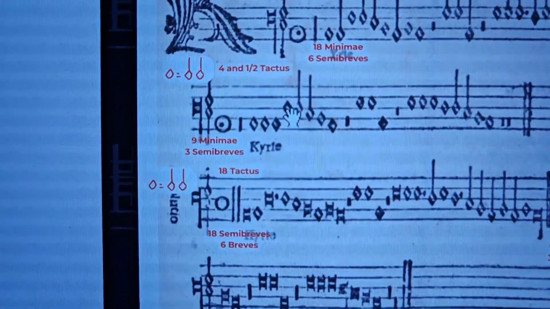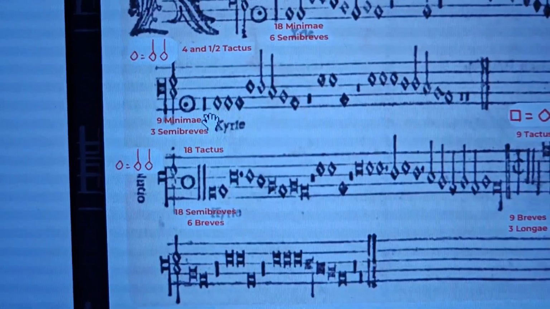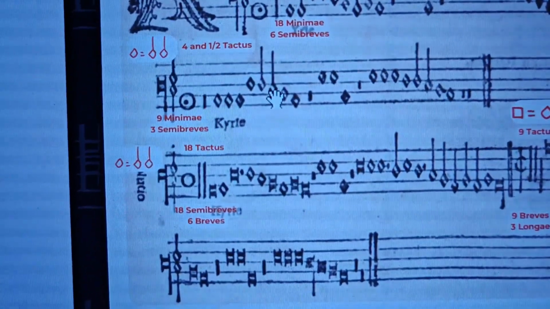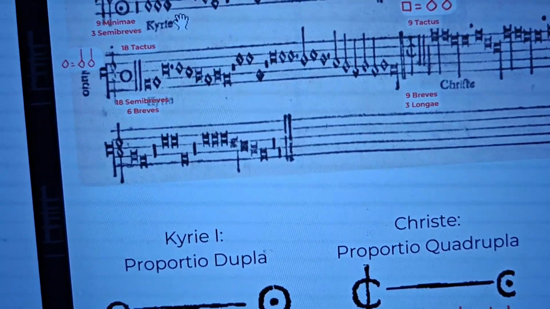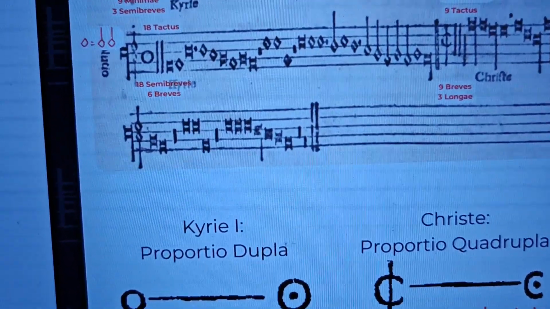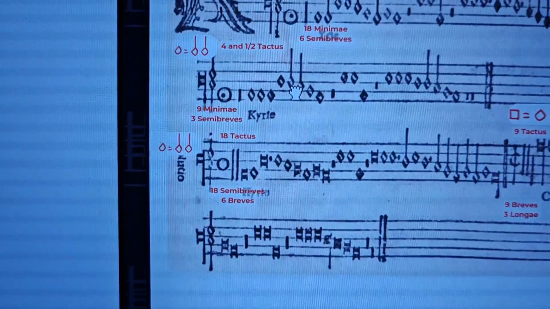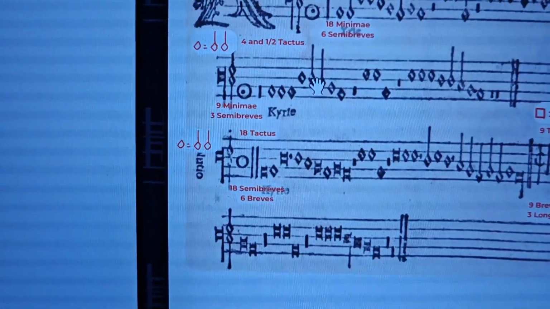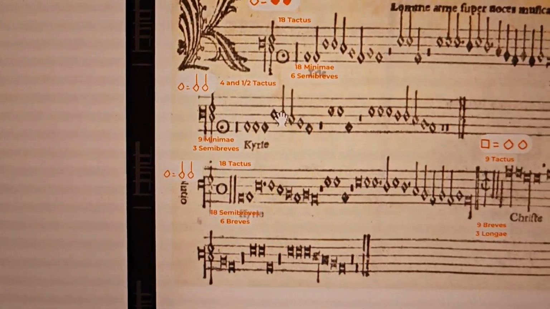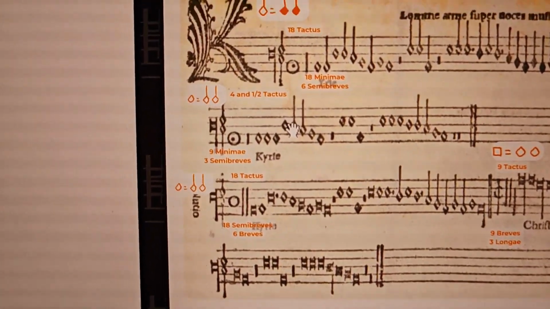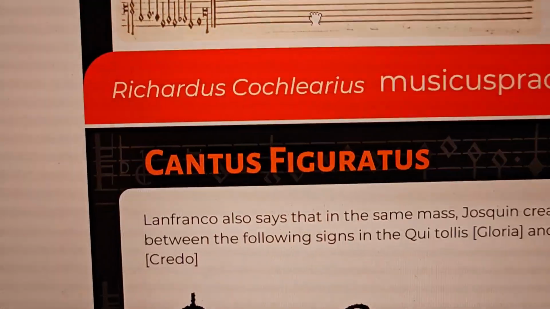and minima, where, pay attention, here we have the alteratio because of the dot, so the second minima should last double, but these are other things, other topics. So and the second semibrevis, the second minima, does not create any imperfection, because we have a specific grouping of the alteratio, and